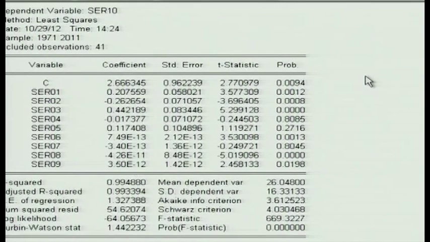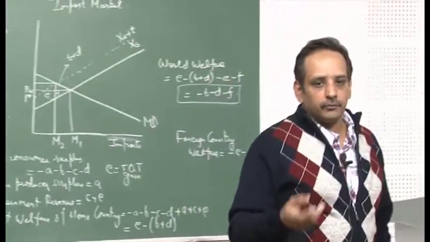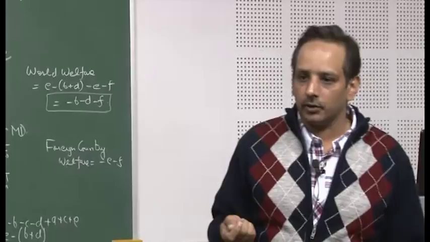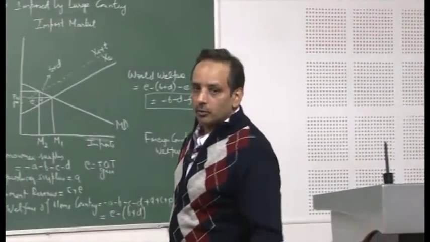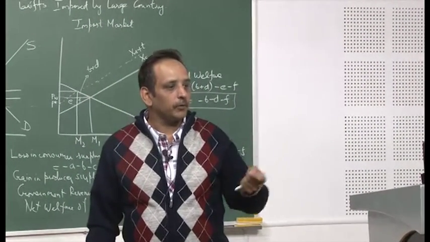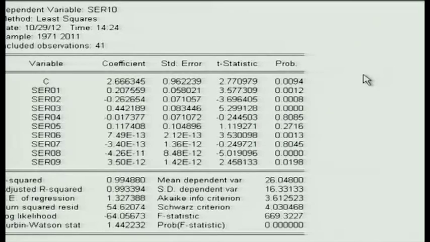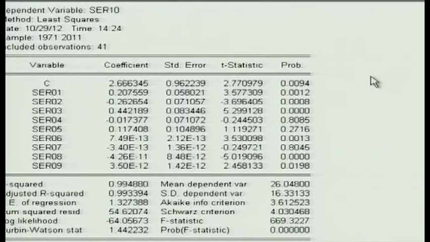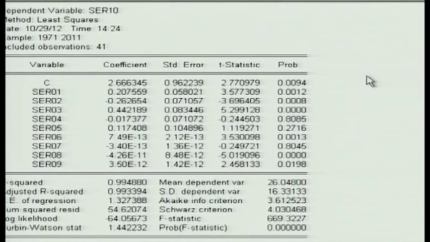So, this is the result that you get when you apply simple OLS, but in time series you have to be careful about two things, autocorrelation and the unit root. When I checked for unit root, each of these variables had a unit root problem. That means the series is non-stationary. If the series is non-stationary at the levels, then you first check for co-integration. After differencing the series, if all are of the same order, then you can have co-integration. If all of them are not of the same order, then you do VAR, vector autoregression.